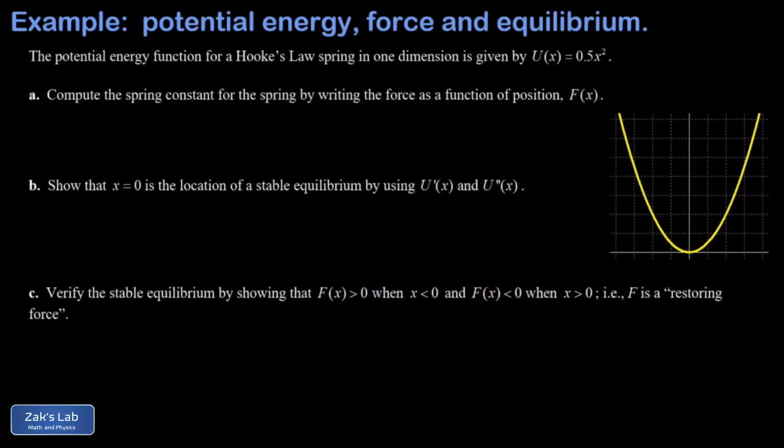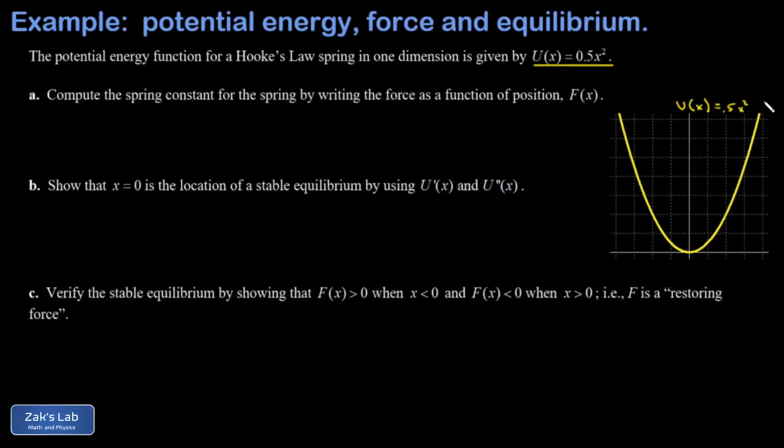In this video, we're given a potential energy function for a Hooke's law spring. So in a sense, this is the simplest kind of potential energy function. It's just an upright parabola. I made a little graph of it down here, and it passes through the origin. And the point of this problem is that we're going to work with the relationship between force and the potential